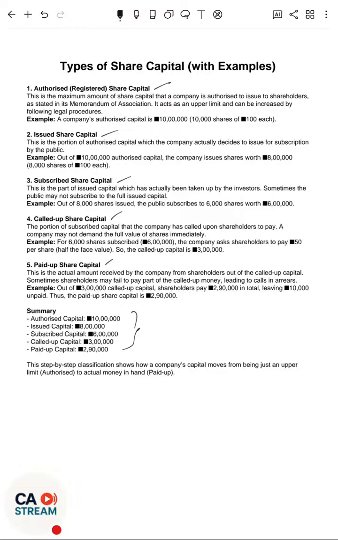Okay, this is what the authorized capital